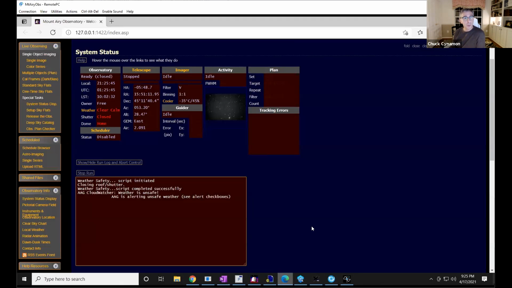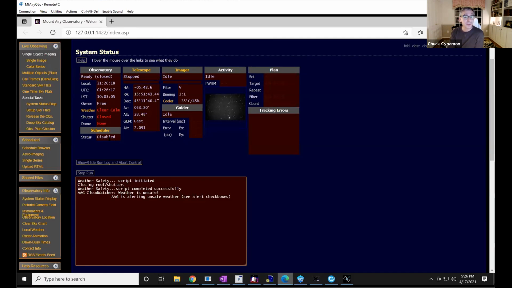Again, this is the web version of the ACP that Bob Denny has developed. So I can actually use this either sitting right here, or I can sign into this if I'm on the road someplace, or even one of my partners, if they're using the observatory, they can get into this and actually control the observatory with all the telemetry that you can see here, what's going on with the observatory. Obviously, the weather is not cooperating tonight. You can see all that red, that's all observatory.